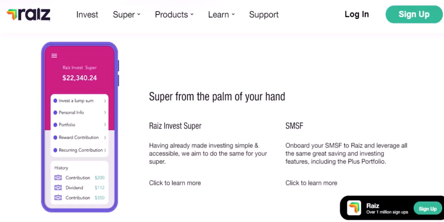In essence, your Raiz funding account is more than just a linked bank account. It's the gateway to your micro-investing journey, the engine of your automated savings, and a crucial element in making investing accessible and effortless. It simplifies the process of turning your spare change and extra funds into